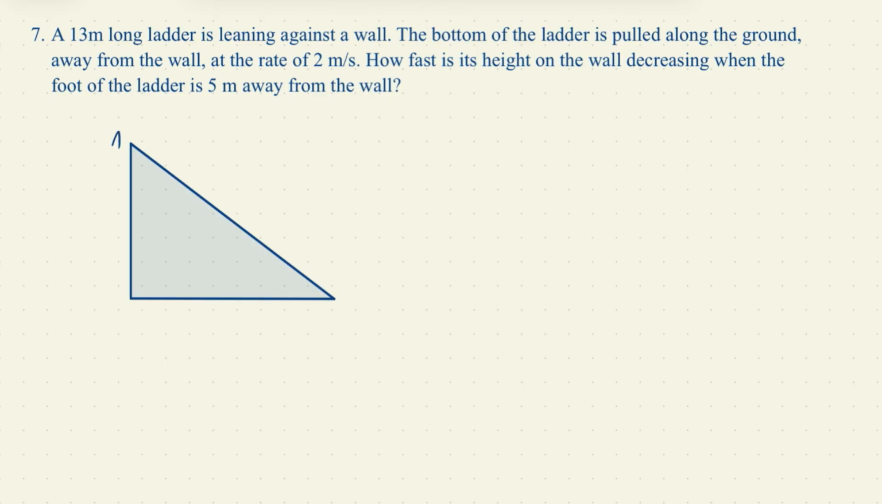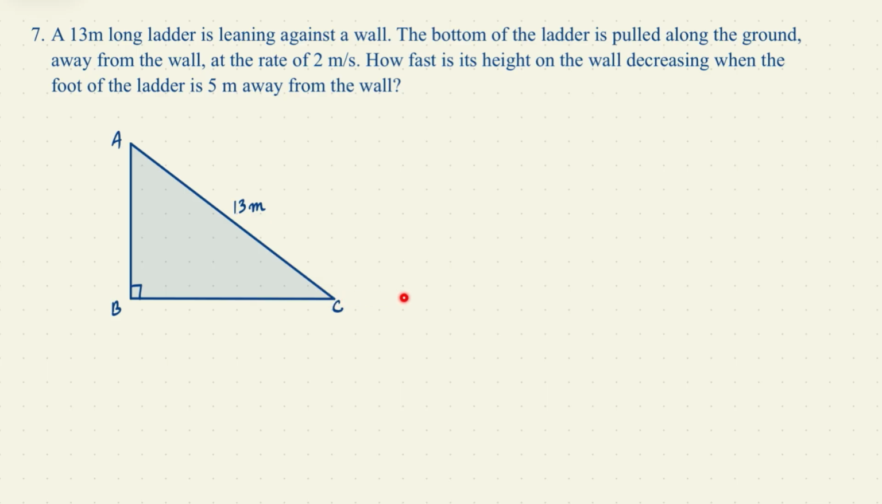So let this point be A, B and C. Obviously we will assume the wall to be 90 degrees with the ground. Let AC be our ladder, and the length of the ladder is 13 meters, which is given. Now the question is saying that if I pull the ladder from the bottom